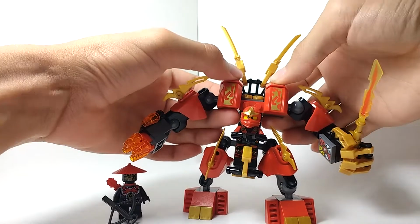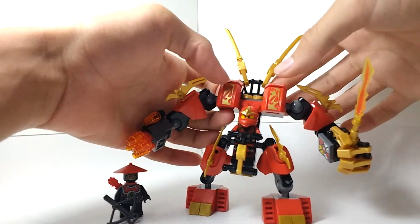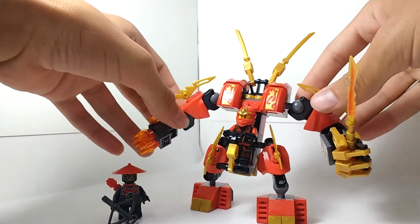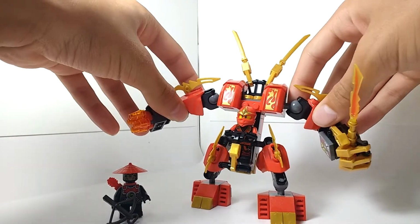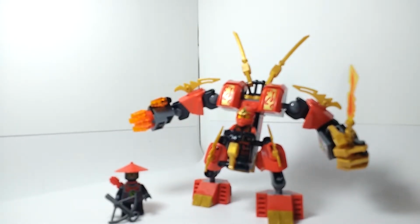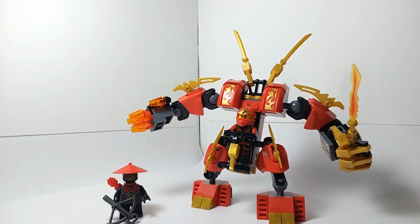And when I saw this when it was first revealed, I was like, I definitely want that set no matter what. It looks really cool. And yeah, I did end up getting it. I actually do believe Kai is exclusive to this set, so he didn't come in any other sets, or at least for his elemental robes. The Stone